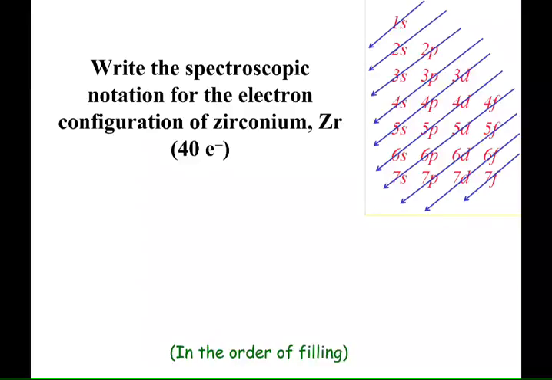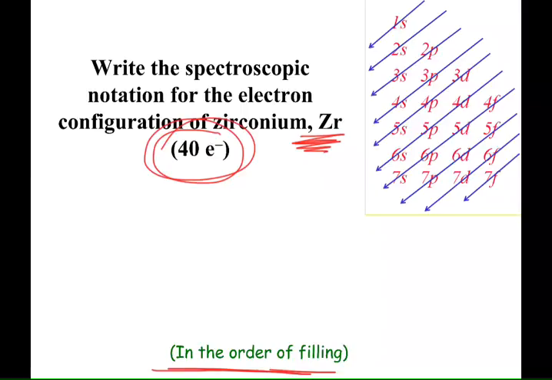Alrighty, so let's take it up a notch. We're going to be dealing with zirconium, and you should be able to, from the periodic table, see that zirconium is atomic number 40, so if it's neutral, and it is, we're finding homes for 40 electrons. So we've got our arrow diagram over there in the upper right-hand corner, and we're going to write the electron